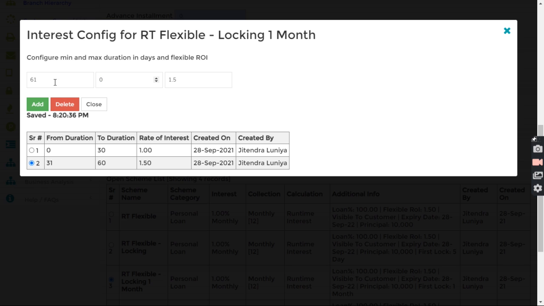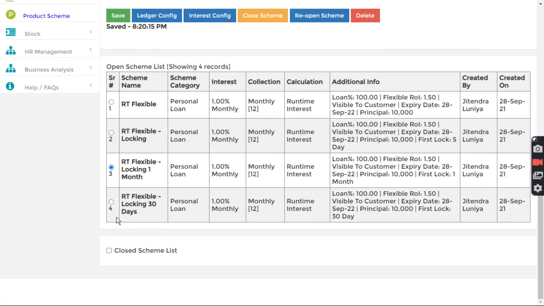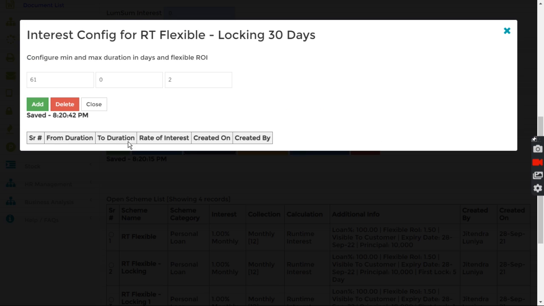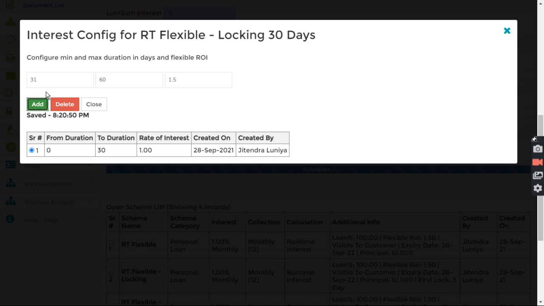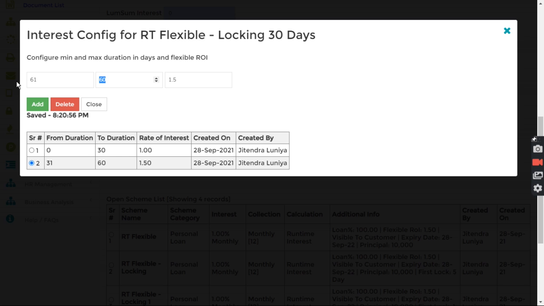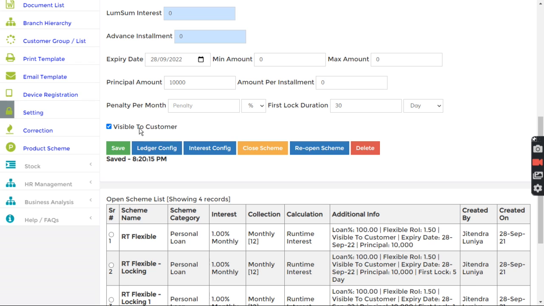61 till, and configuration for 30 days locking also. 0 to 30 1%, 31 to 60 1.5, and 61 to, let's say, rest of the days.